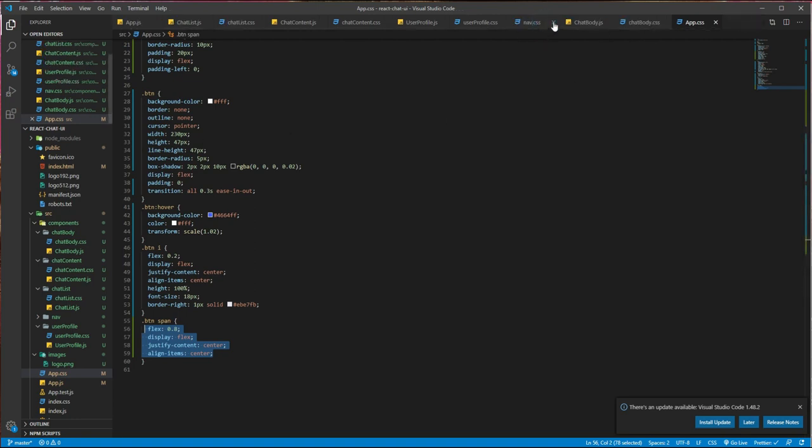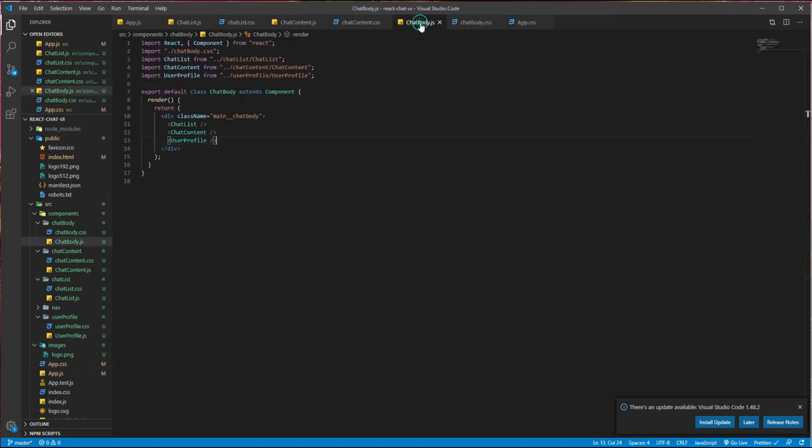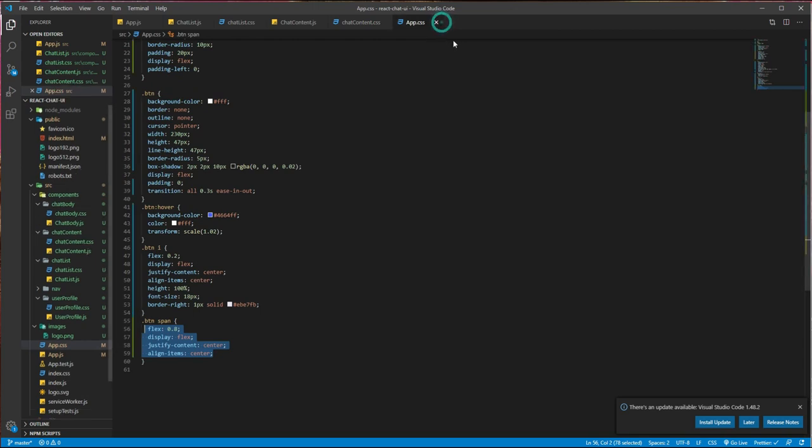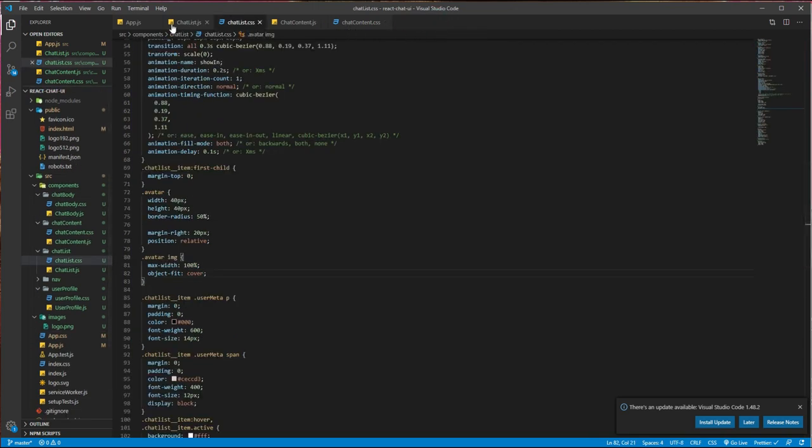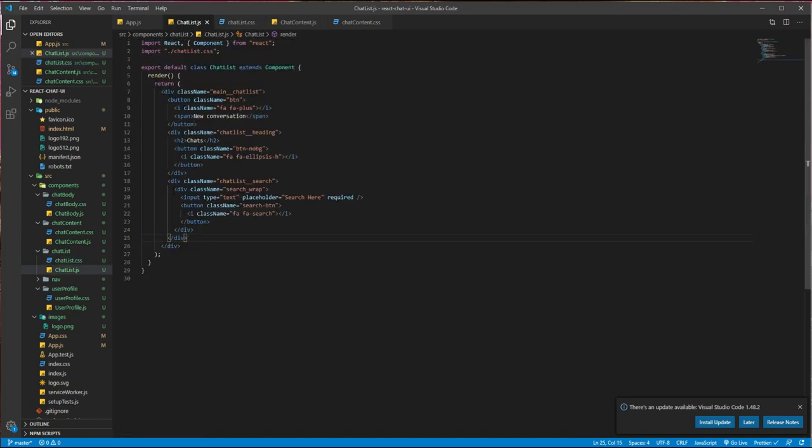Let's go to my editor. First, I don't need nav, I'm removing the nav. User profile we don't need right now. Chat body, we don't need chat body right now. We don't need App.css right now, and that's it. In the chat list here we need to add that thing. Let's add a div.